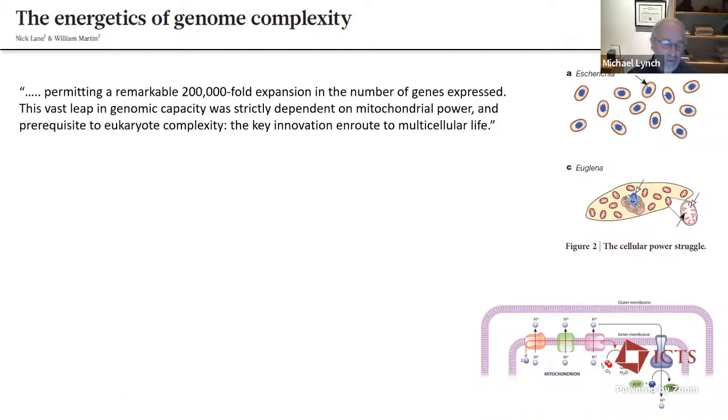Last lecture, I discussed various ways that we go about trying to understand the total energy budget of cells. Showed you some examples of how the total cost of cells scales with cell volume. It seems to follow a general pattern across the tree of life, extending from prokaryotes to eukaryotes. But what differs is the rate of growth, which scales positively with cell size in bacteria and negatively with cell size in all eukaryotic groups that we've looked at. In general, the growth rates of eukaryotic cells, even in the same size range of bacteria, seems to be lower.